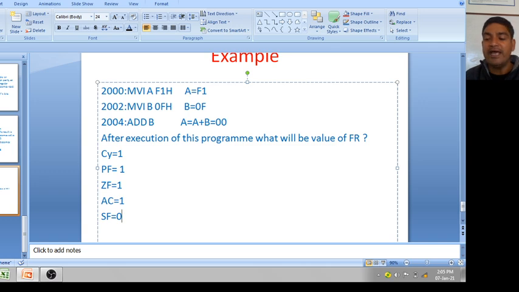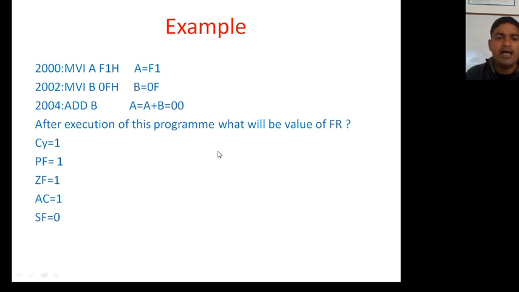So you always have to remember, when you are checking these flags, you will check only first 8 bits. Okay, in this case contents of accumulator will be 0 and 1 carry will come in carry flag. So in this way you can determine value of flag register after execution of any program where ALU operation is used. It's all about your today lecture.